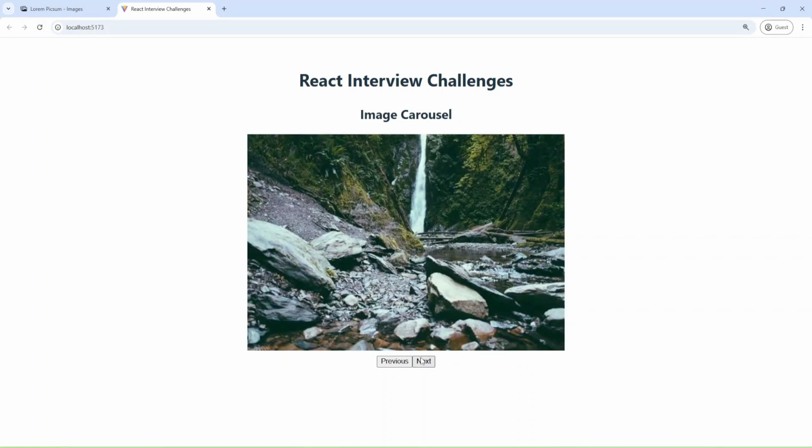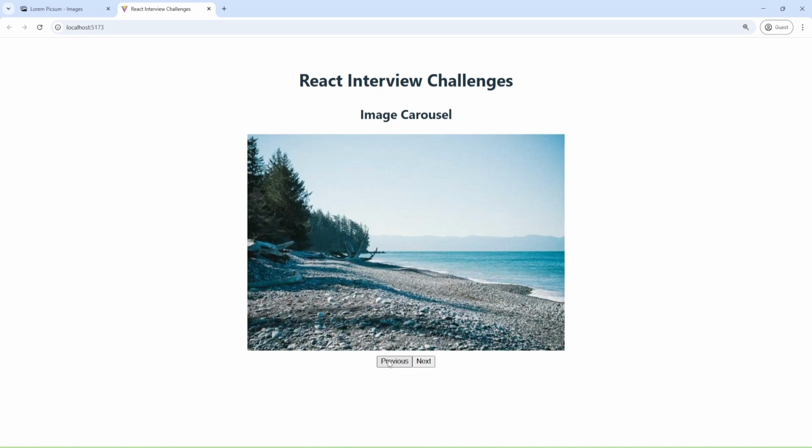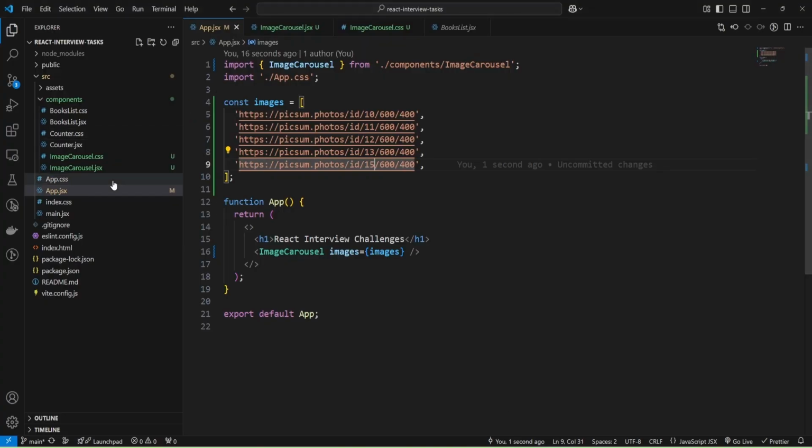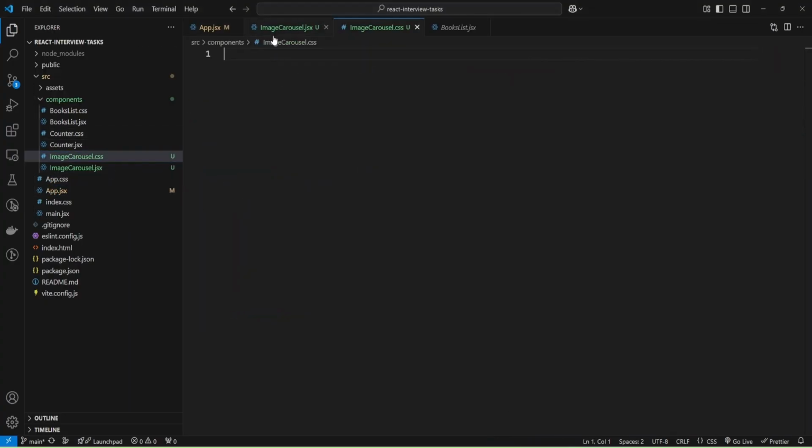Next, and also previous. And now we can just add some styles, and let me add styles for my carousel.